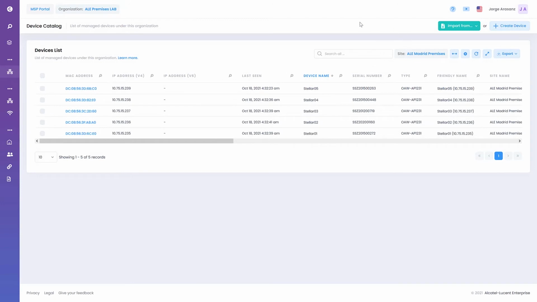Here is where we will define the elements that are going to be managed by this OmniVista, in this tenant. In this case, this tenant is only one site, as I mentioned, and this site has 5 APs: Stellar 1, Stellar 2, Stellar 3, Stellar 4, Stellar 5. I can directly upload the OmniVista CSV file that I have generated previously. You don't have to worry about anything. Just upload it, and all the information will be correlated. So it's the simple way to do it.